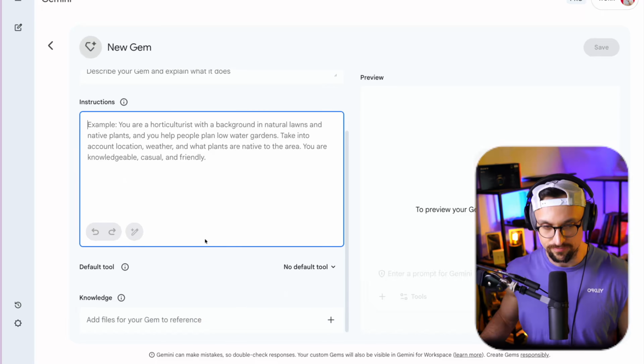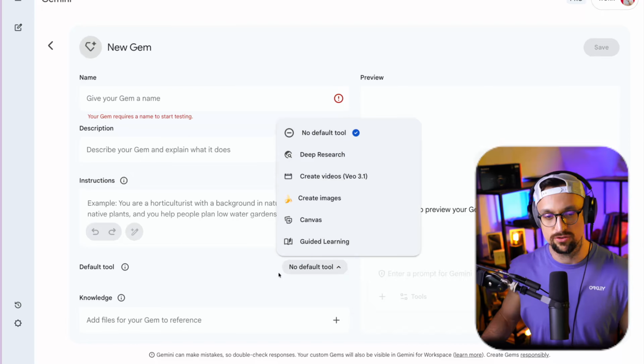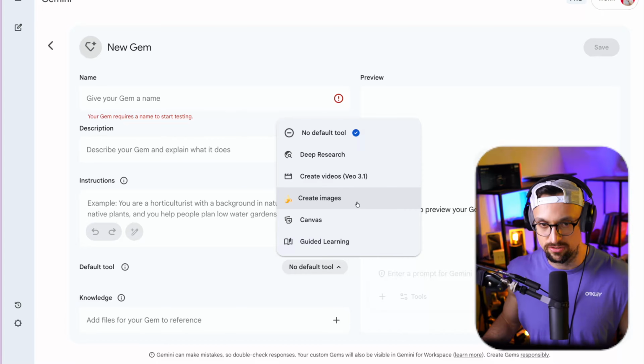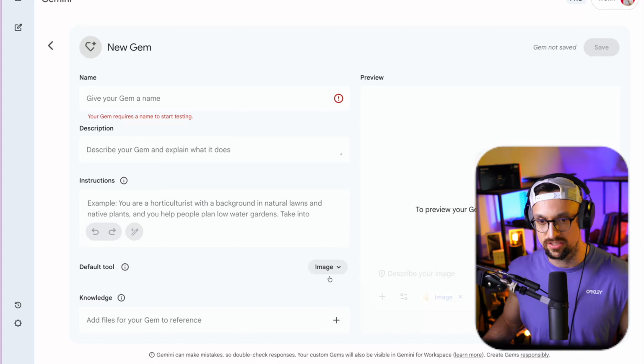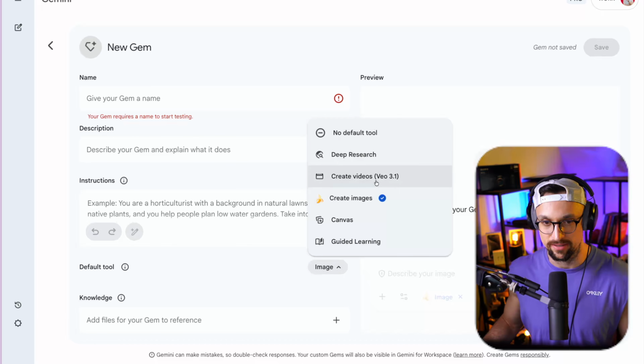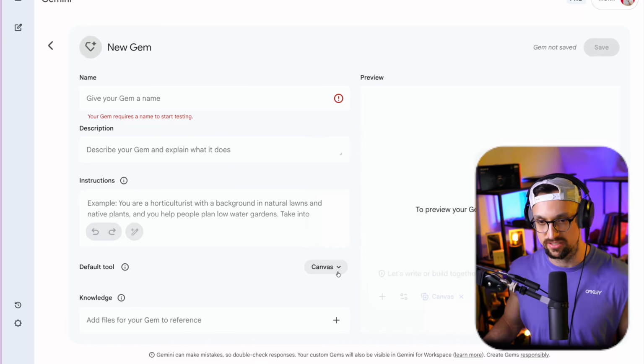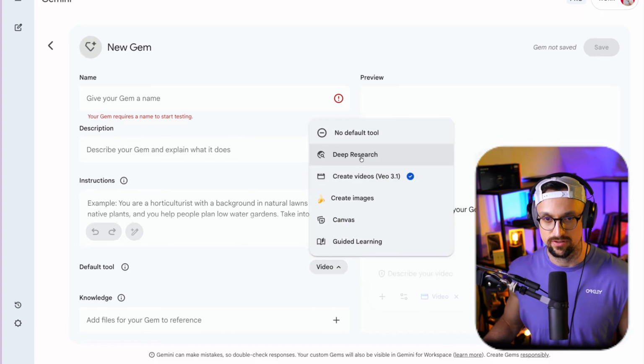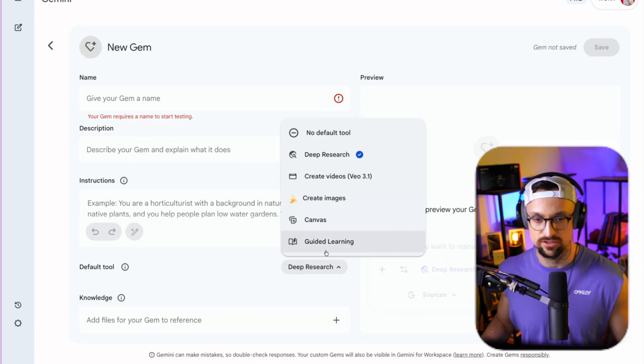creates the output. Also, you want to use the tools, because if you want to use Gems from Gemini, for example, for creating images, you need to have the default tool as images. In that way, once you click on this Gem, the image function will be enabled automatically, which is great. You can also do the same with Canvas, videos, or for example, deep research, or you can just do it